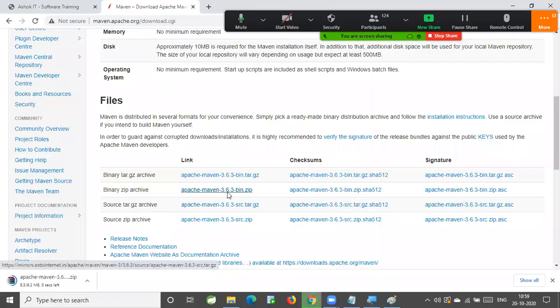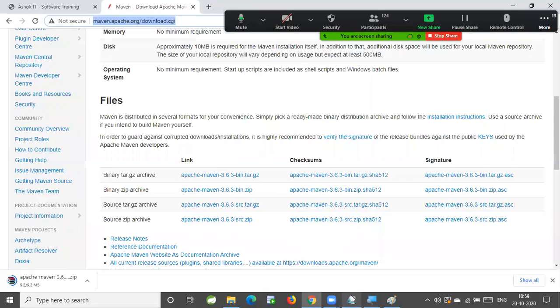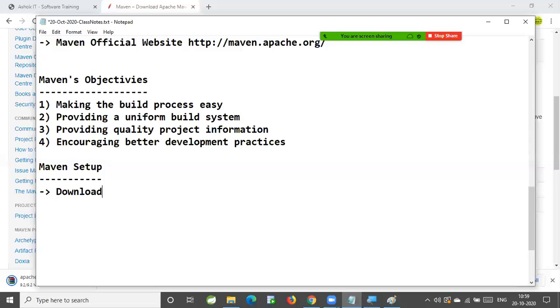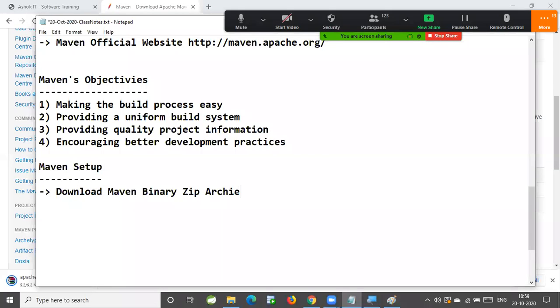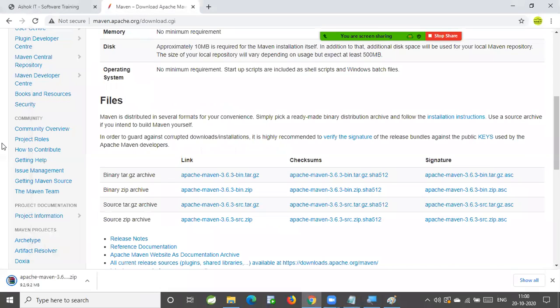Download the Maven binary zip archive from the below URL. From this URL, you can download the Maven zip file.